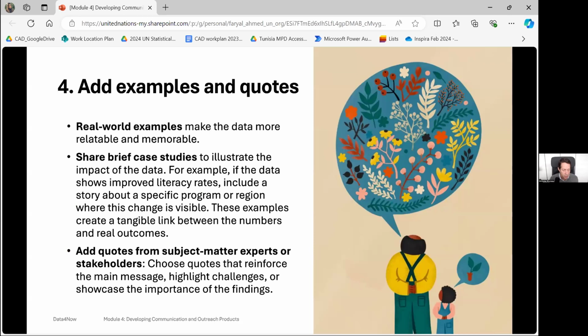In the next slide, then, is trying to humanize it. So if we go to the next slide,